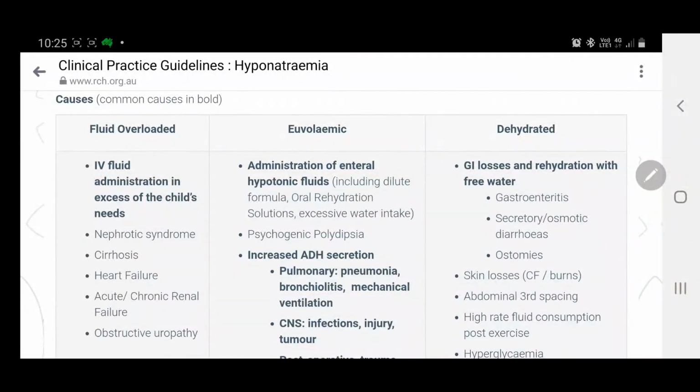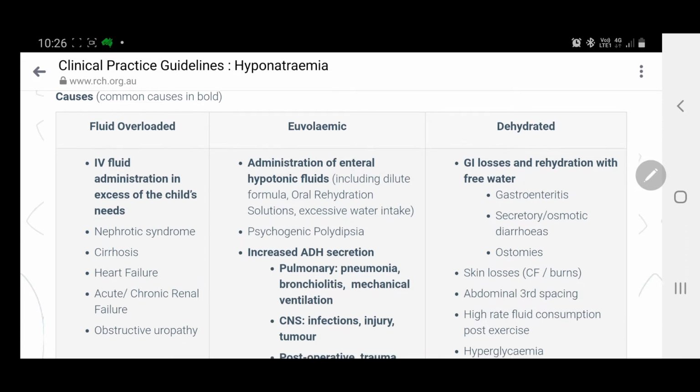Now, as for dehydration, GI losses and rehydration with free water. We're always talking about decreased concentration of sodium. So we've got here GI losses and electrolyte losses, and the rehydration is with free water, so the sodium concentration is decreased. That happens in cases of gastroenteritis, secretory or osmotic diarrhea, or ostomies. Ostomies are artificial openings in an organ of the body, such as a colostomy, ileostomy, or gastrostomy. So this can also cause